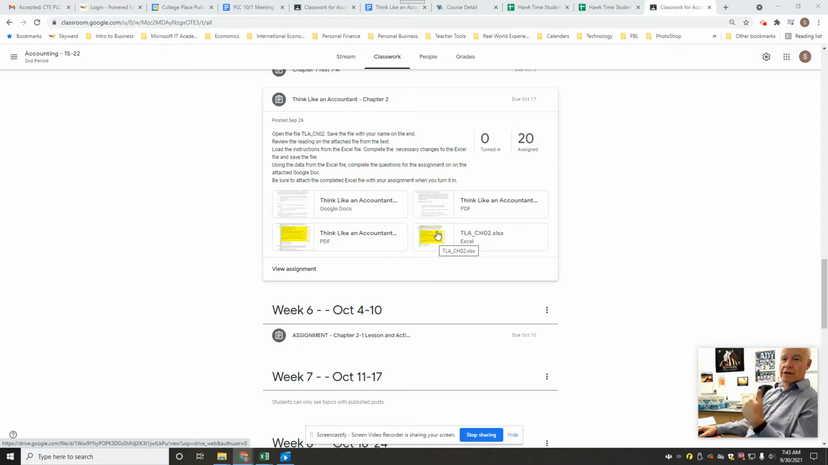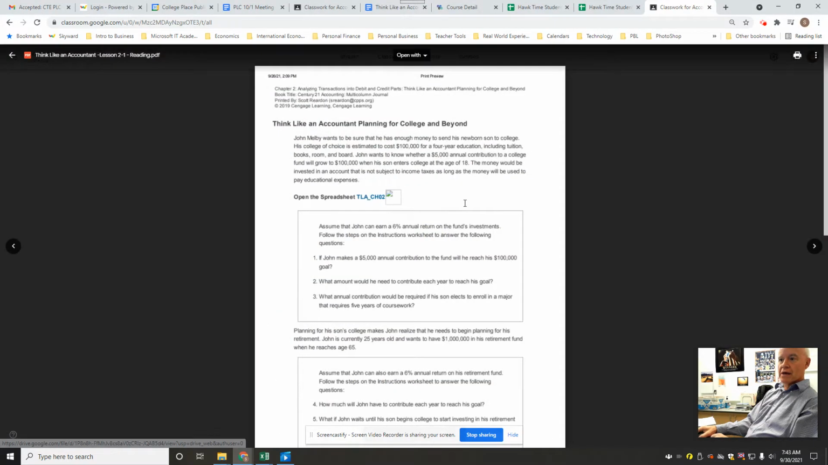So let's first of all, let's download what we need to download. The one thing we don't need to download is that Google Doc there. So I'm going to go to Think Like an Accountant. And you know what? I really don't need to download this because some of this is going to be repeated on the assignment. But big picture, we have John Milby, who is planning for his kid's retirement, and he wants